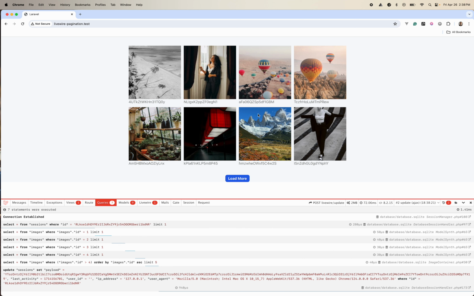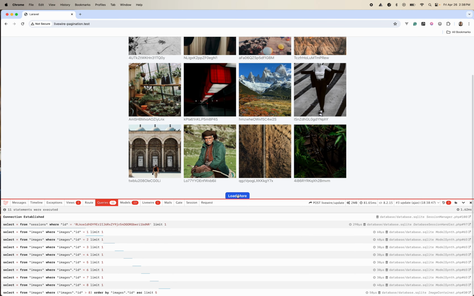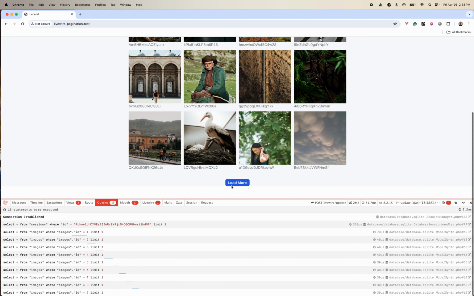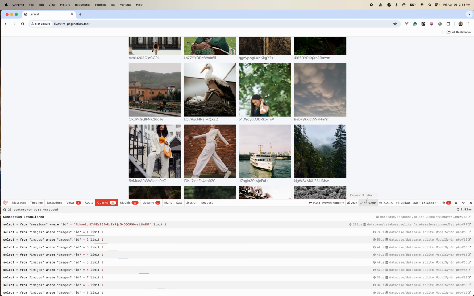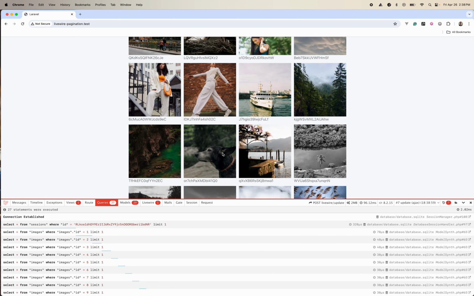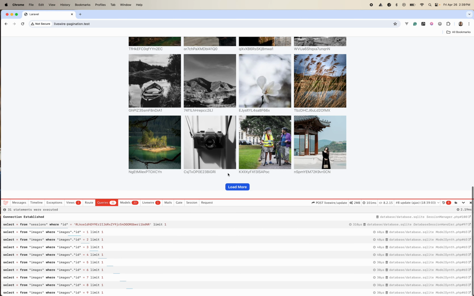Essentially what's happening is Livewire, because we're returning model instances of each one of these images, is rehydrating these. So it runs a query for each one on each load. So when I click this again, you'll see we now have 11 queries, 13 models, 15 queries, 17 models, and it just keeps doing that, and it gets slower and slower. So if you have a lot of data that you're trying to paginate through, this can eventually get slow as